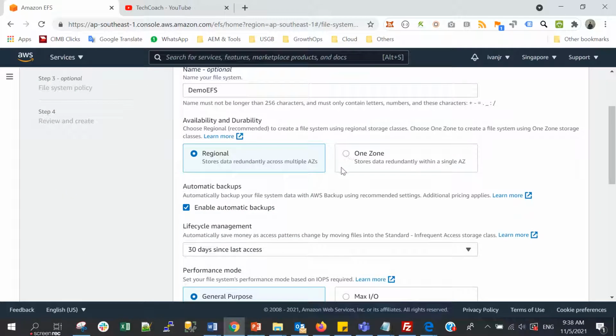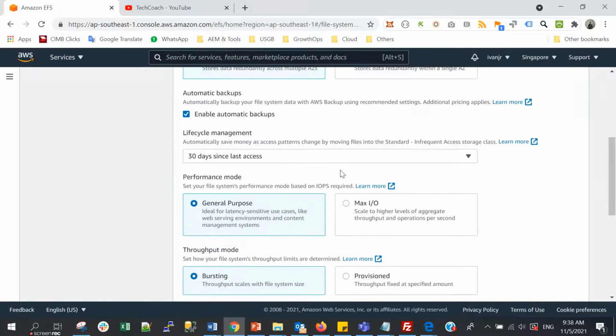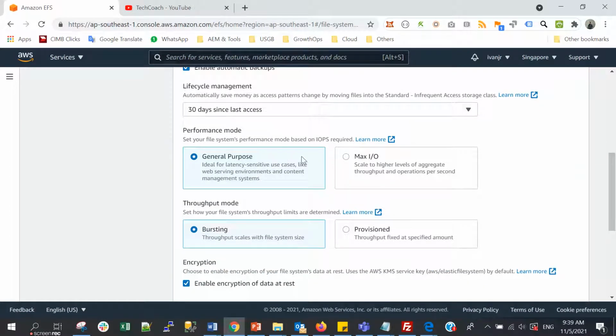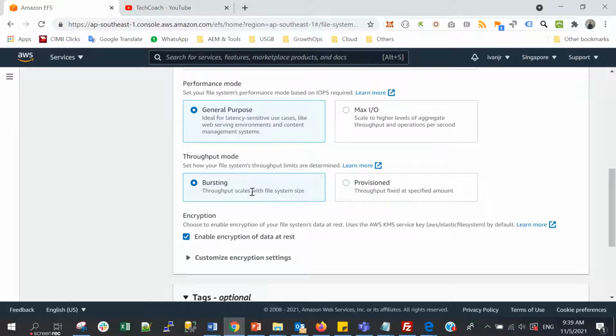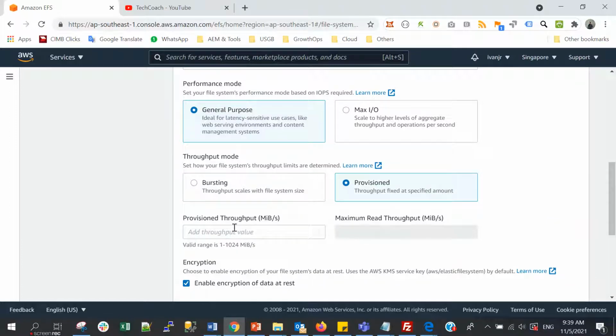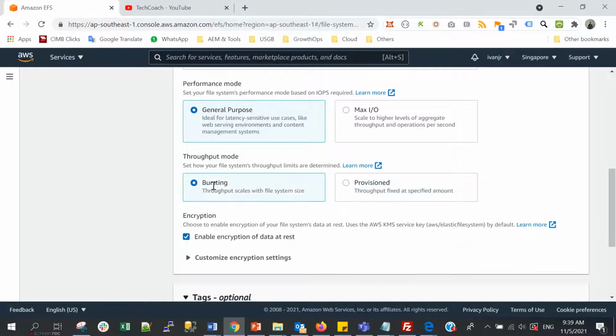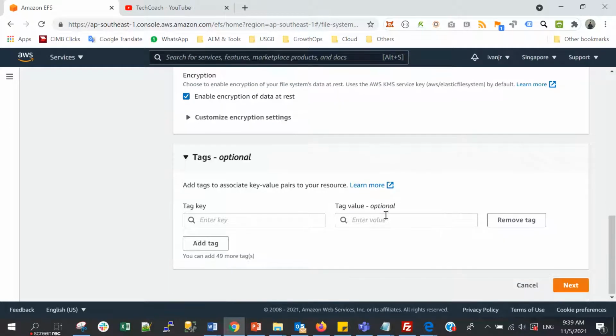For this case, I will use default. You can also choose your performance mode, if it is general purpose or max IO, and the throughput, if it is bursting or provisioned, where you need to provision your throughput here. Okay, I will use default.